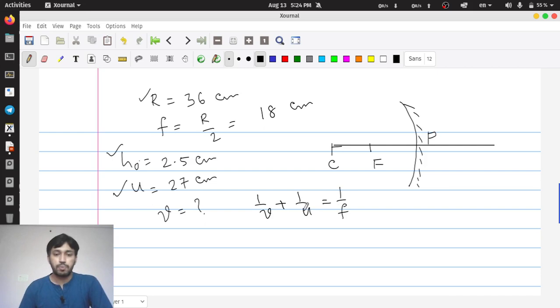I have to apply this formula. Before applying the formula, and this is very important, you have to consider the sign convention. The object is somewhere here, so the light ray will go from this side to that side. All distances from the pole, this distance, focal length or R or U, are negative, because you are going to the left side. So all distances will be negative according to the sign convention.